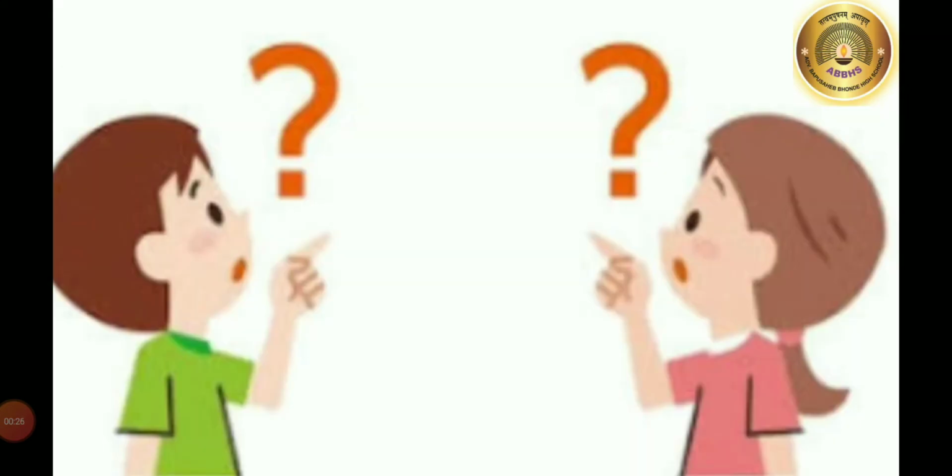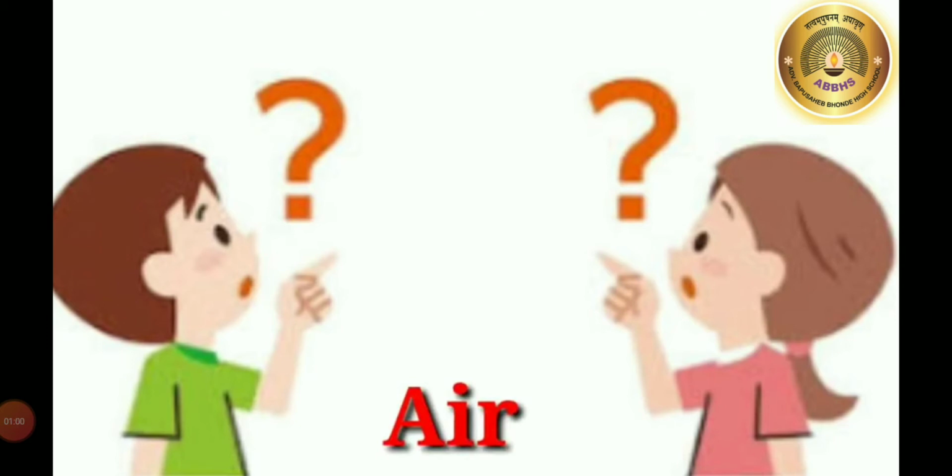Students, today we are going to start this lesson with one puzzle. So listen carefully. It is here, it is there, but we cannot see. It is all around you and me, but we cannot see. It is present all around us, even in places that appear to be empty, but we cannot see it. Can you tell me, students, what is it? Yes, correct. It is air. So, let's study more about air in this lesson. So, start.